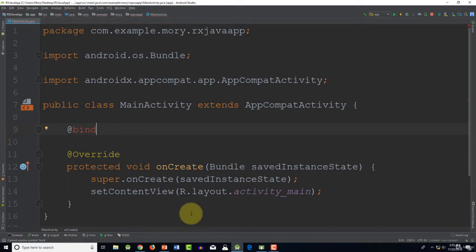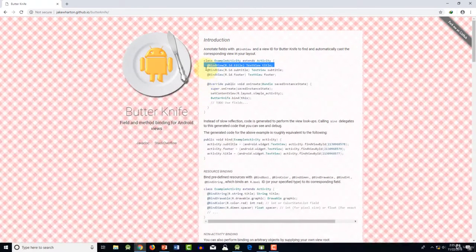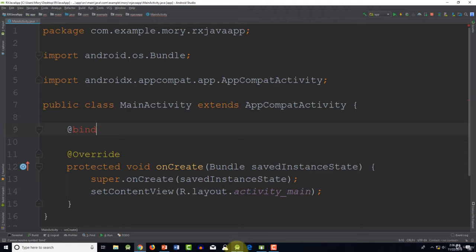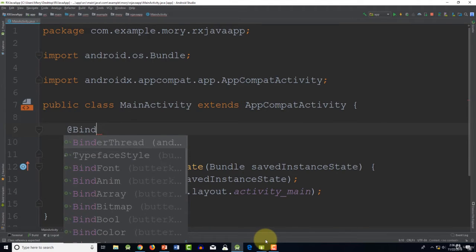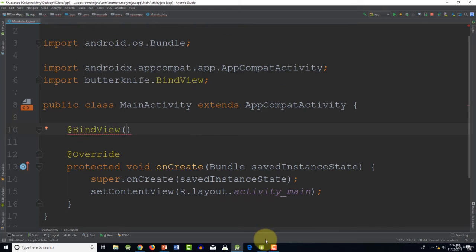@BindView. Let me go back to web browser and make sure that I am using the same syntax. BindView starts with capital B. So I'm gonna type in here @BindView. Inside the parentheses, we need to refer to the ID of our UI component,